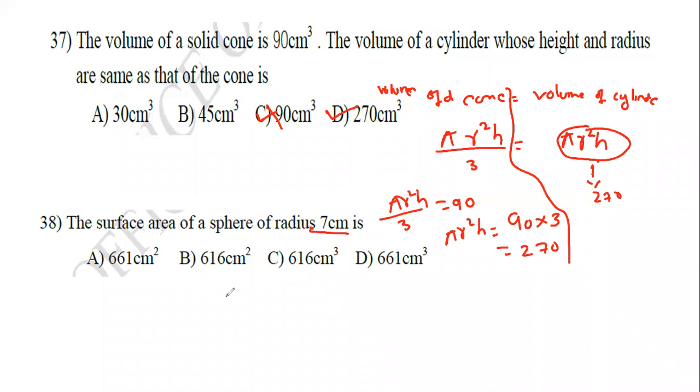Next, the surface area of the sphere whose given radius is 7 centimeter is dash. So the surface area formula is 4 pi r square. You need to find out, radius is 7. So 4 into pi value 22 by 7 into radius 7 into 7, because the r value they given is 7. 7 gets cancelled. Multiply this. 22 into 4 is 88. 88 into 7 is 616 cubic